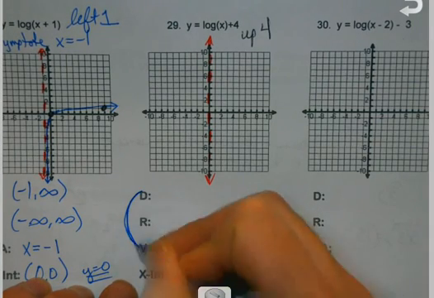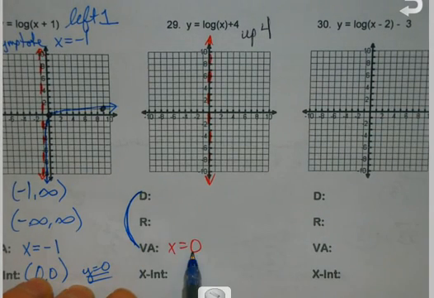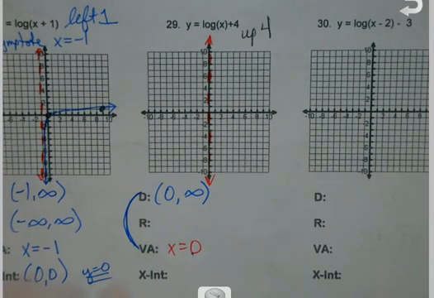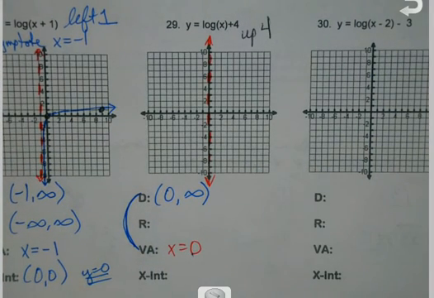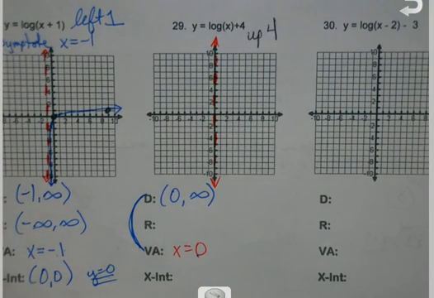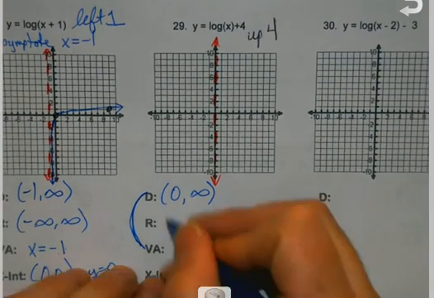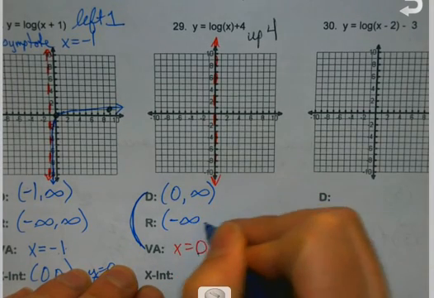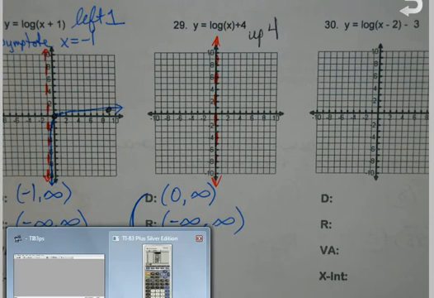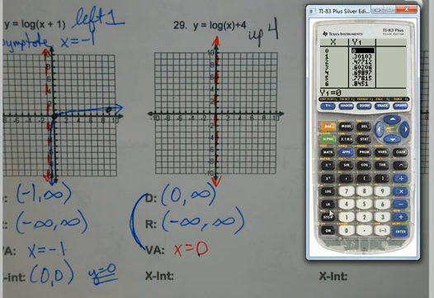Make the connection: whatever your vertical asymptote is, that's where your domain starts. Okay? Directly connected. These two values are going to be the same. My range, no matter what shifts I make, is always going to be the same. So as we're doing this,